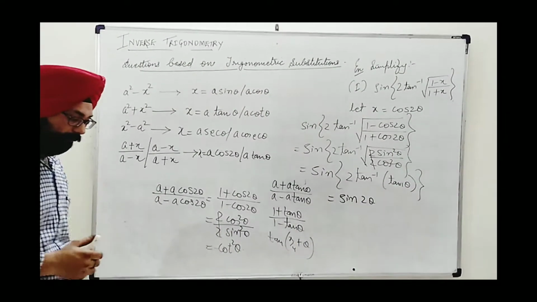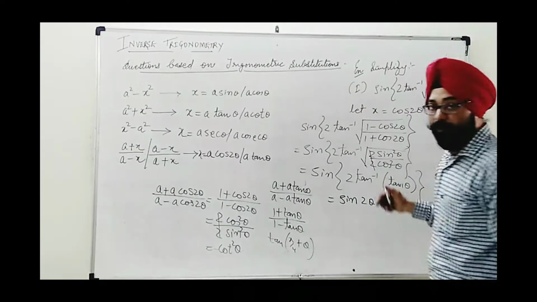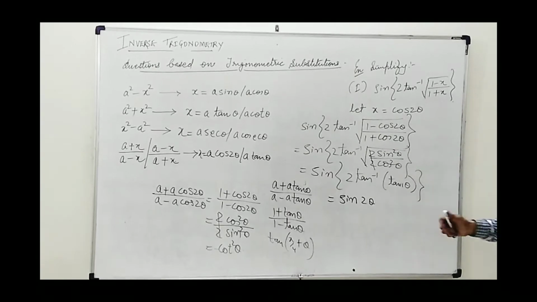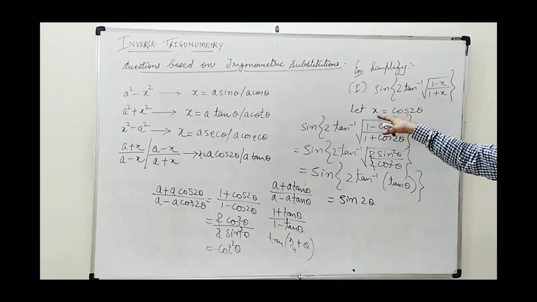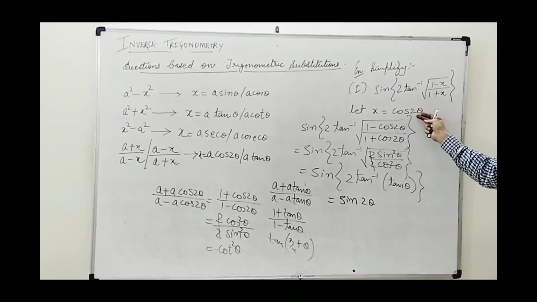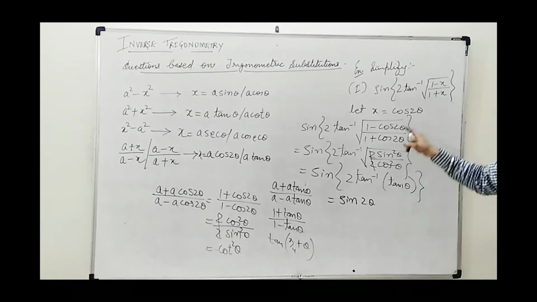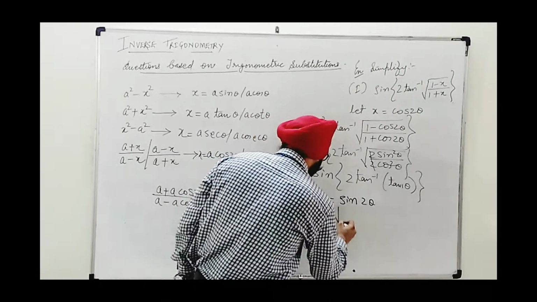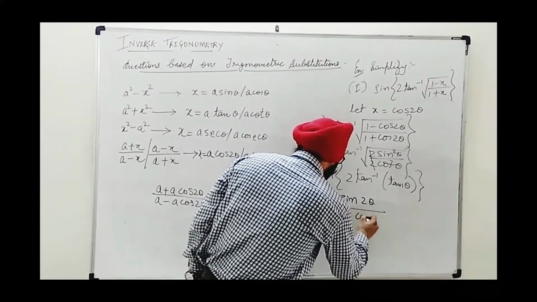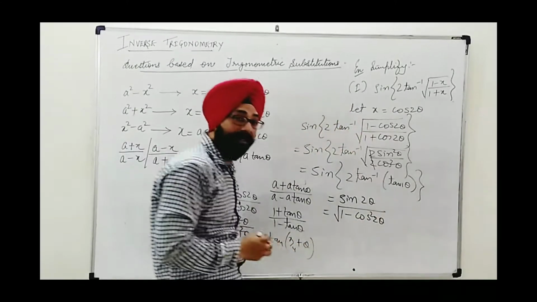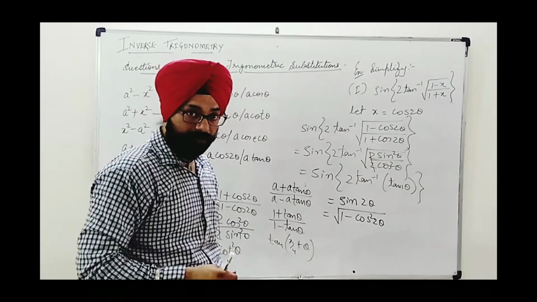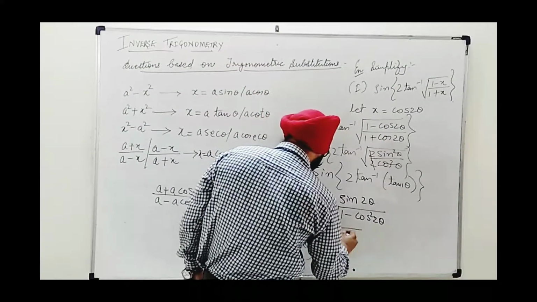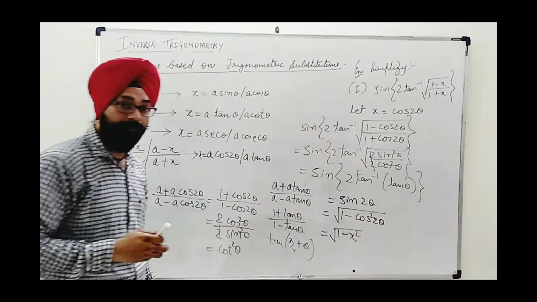Okay, now be careful. This was to simplify. We were given this in terms of x, so the answer also will be presented in terms of x only. I replaced x by cos 2 theta, so from this we have to deduce the value of sin 2 theta. As cos 2 theta is x, we can convert sin 2 theta as under root (1 minus cos square 2 theta) by the Pythagorean identity. We know that sin theta is under root (1 minus cos square theta). Replacing cos 2 theta by x, I find this is under root (1 minus x square), and simplify.